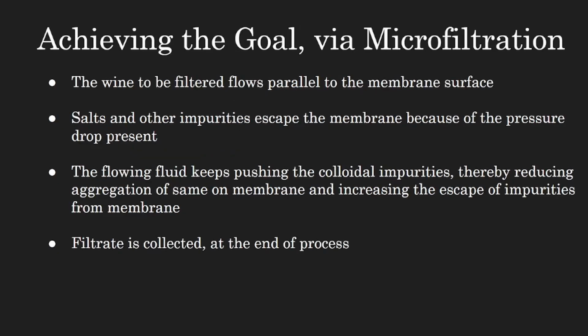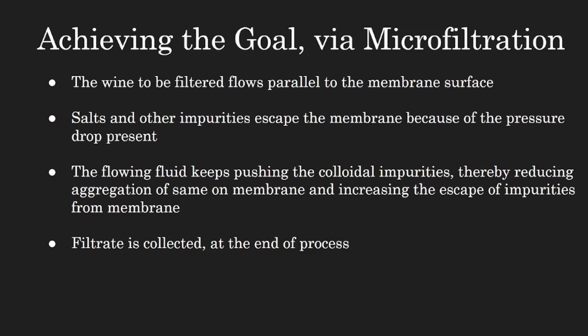Okay, in order to filter the wine, it is first filled in the feed tanks and then deployed from there using valves, and as a result it bears some velocity and also has some impurities in it. On a very high level, these impurities and salts, which are present in the form of colloidal particles, escape via the membrane, thereby leaving the feed filtered. And since this feed fluid bears velocity, it does not let those colloidal impurities accumulate over the membrane and thereby render it useless by creating layers over it. And finally, after this filtration step, the wine gets collected in the end.